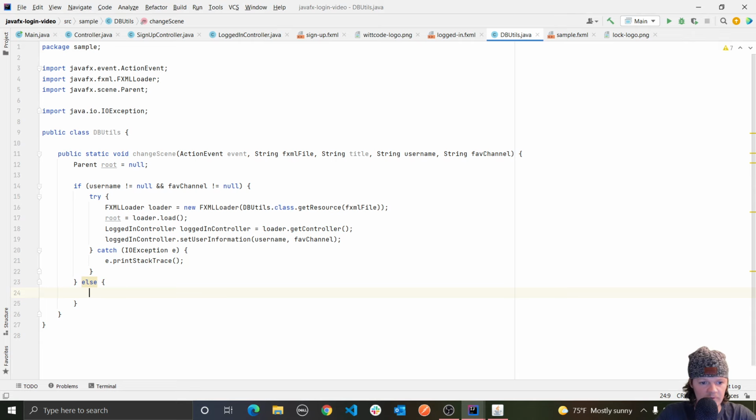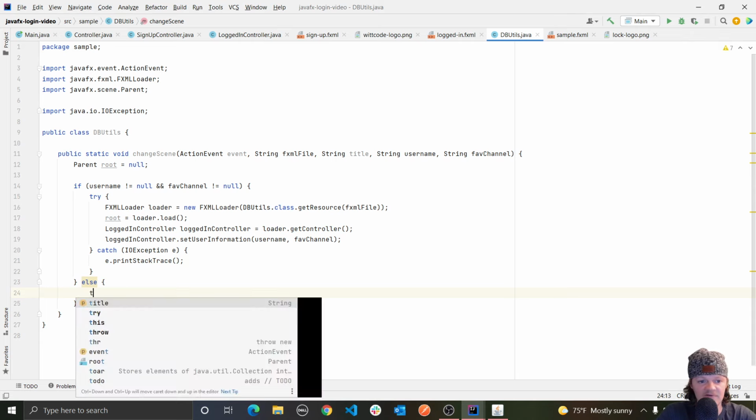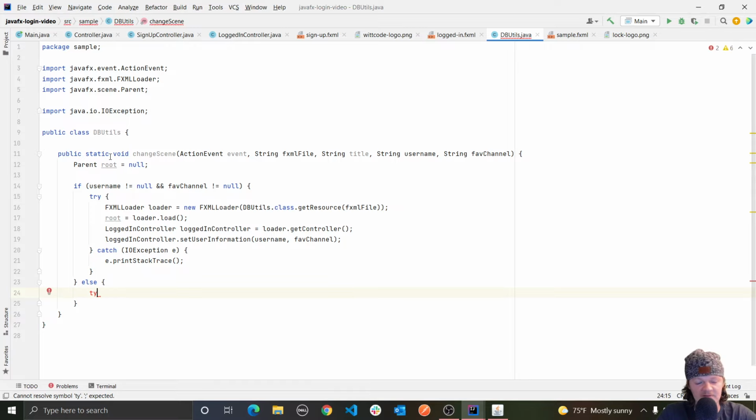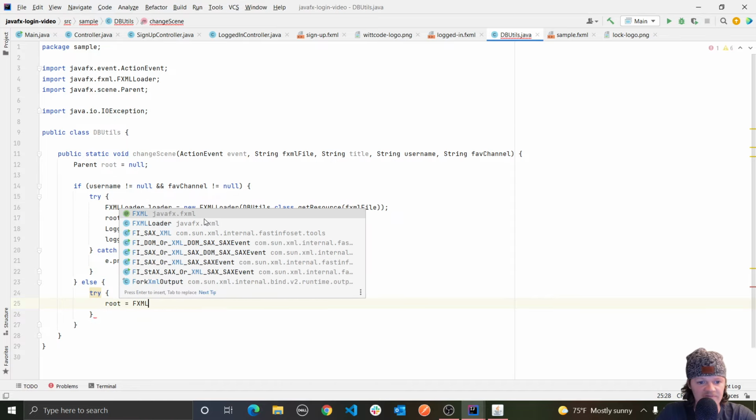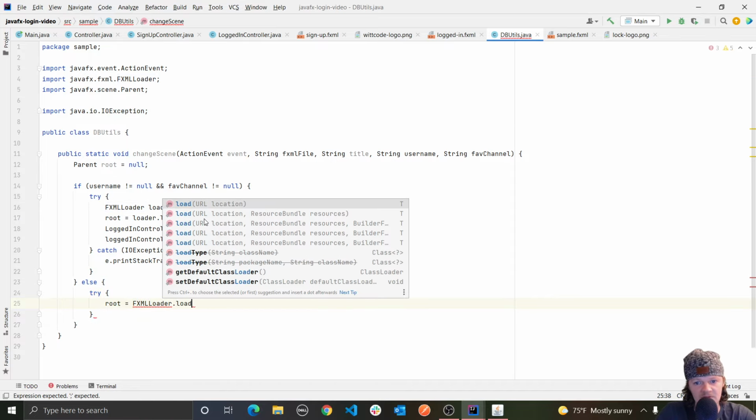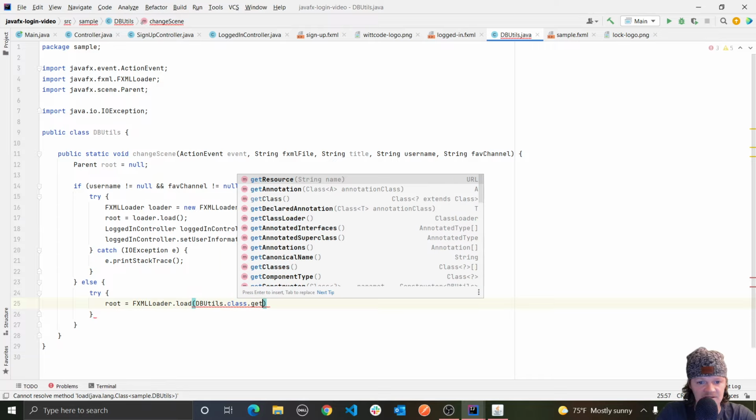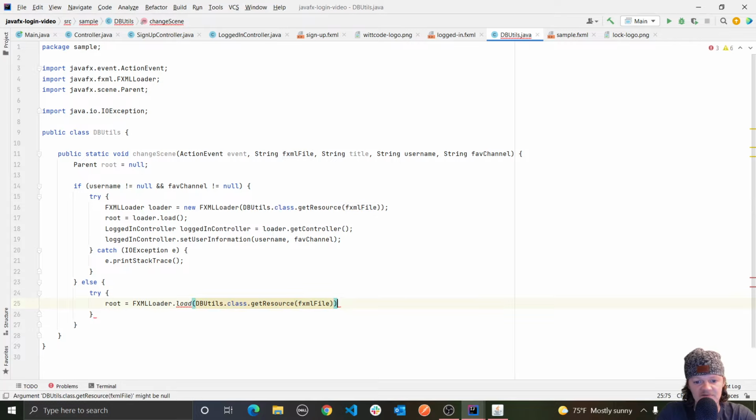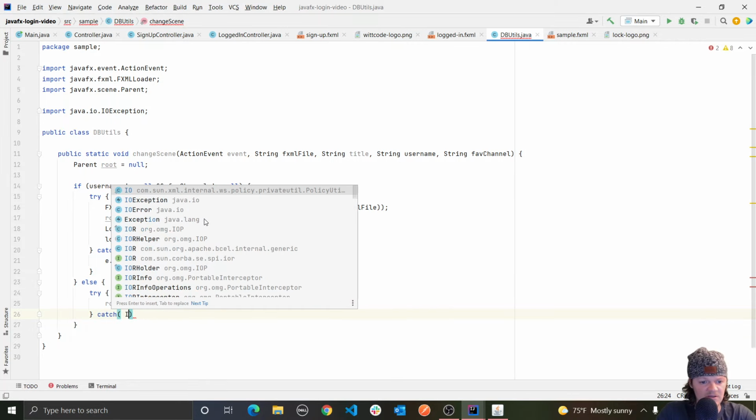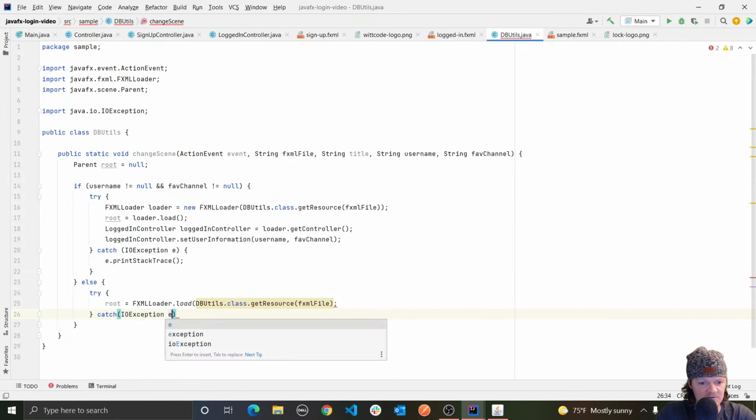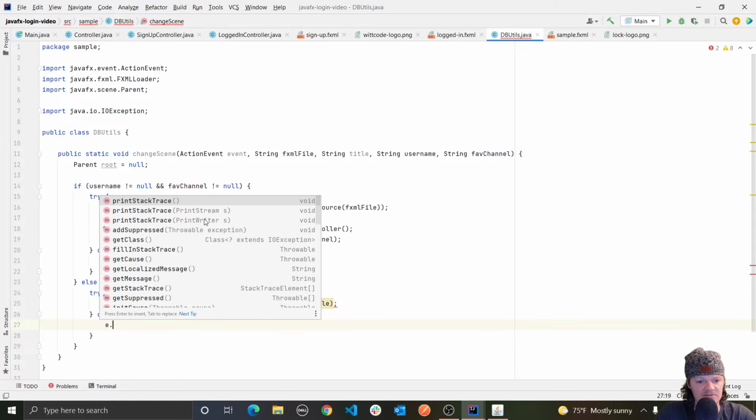So for this, all we want to do is just turn the fxml file into a parent that we can display on our stage. So all we have to do then is just set root equal to FXMLLoader.load, and then we'll just do DBUtils.class.getResource, and then fxmlFile, just like that. And then of course we just need to catch the exception, and it's an IOException e,